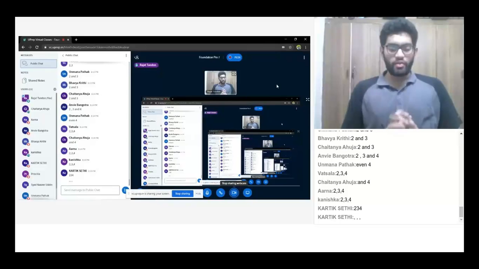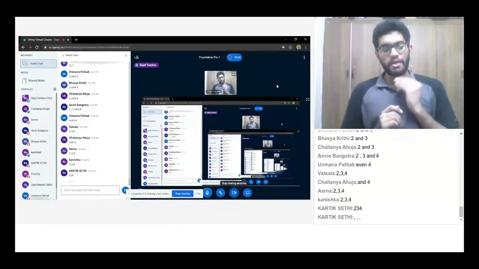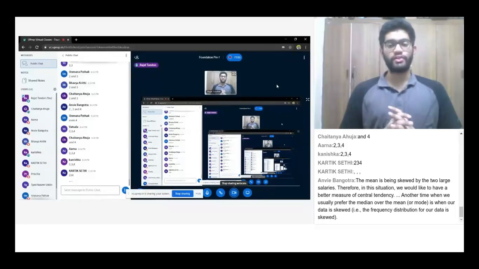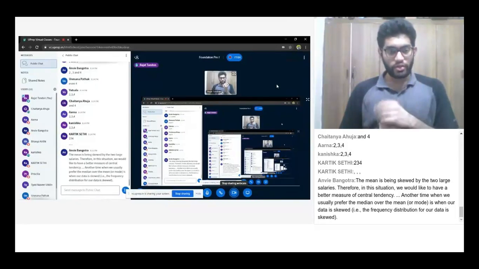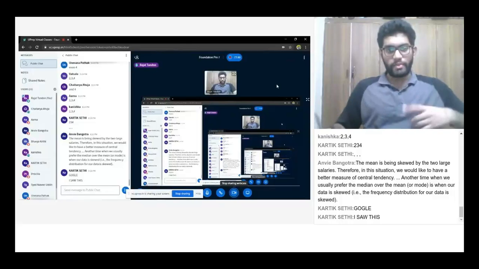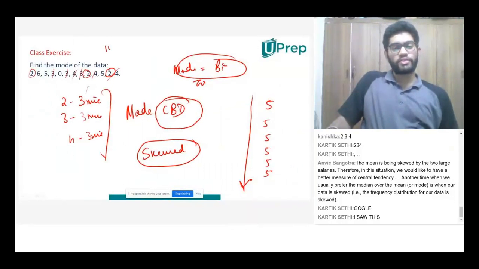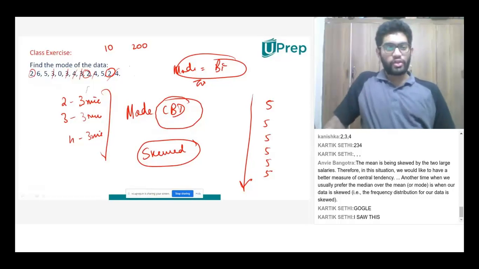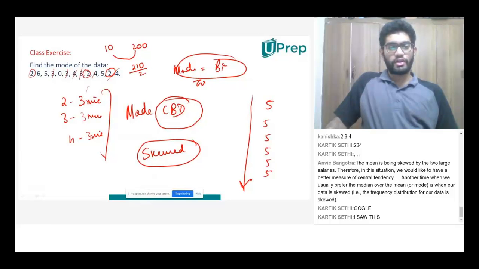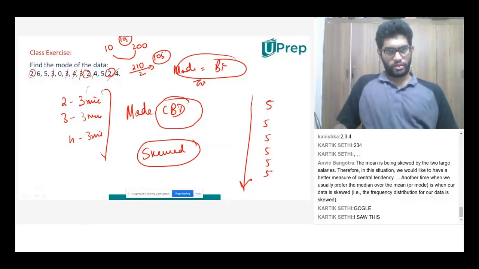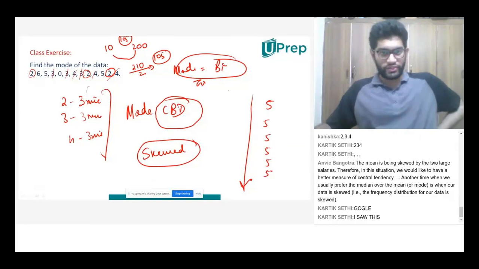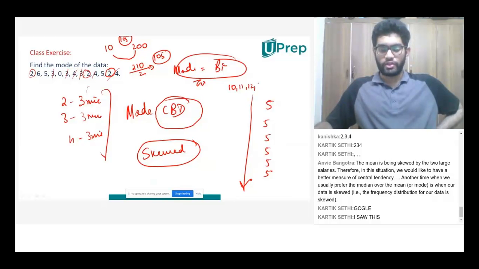Now, if I take mean, what did we discuss? We saw that mean, median, and mode are measures of central tendency. Now, let's understand what it is. Basically, guys, if I give you two numbers, 10 and 200, and I ask what is the mean of these two numbers, what are you going to say? 210 divided by 2, right? So you say 105 is the mean. Correct? But say there is a set of numbers, say it is 10, 11, 12, 13,